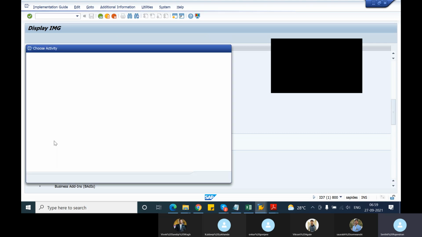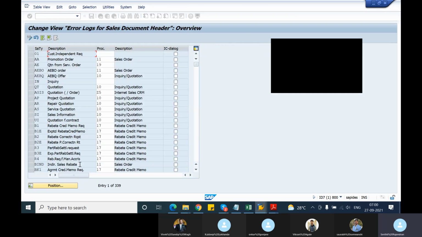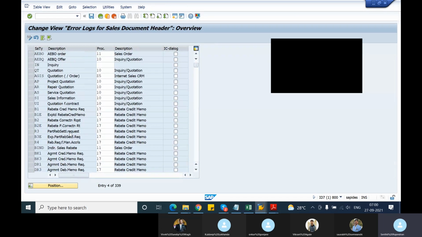Now if you go to assign incompleteness procedure, here you can assign your incompleteness procedure to the sales document type. You can assign incompleteness procedure to your item category. You can assign incompleteness procedure to your schedule line category. These 3 we have seen. Then you can also assign a procedure to your partner function, assign a procedure to sales activities, and assign this to delivery types and to delivery item category as well. So now if I go and select this, it will take us to this screen where you can see that